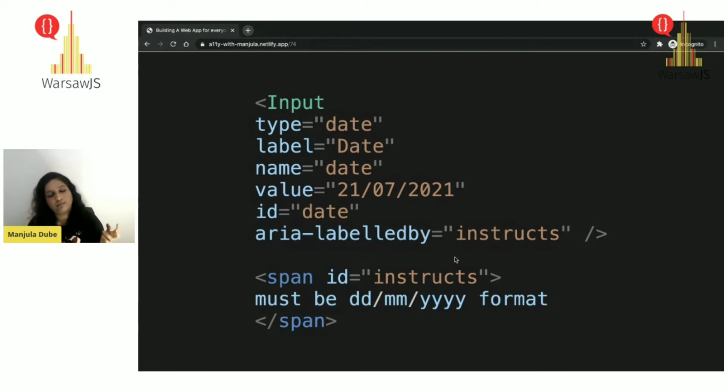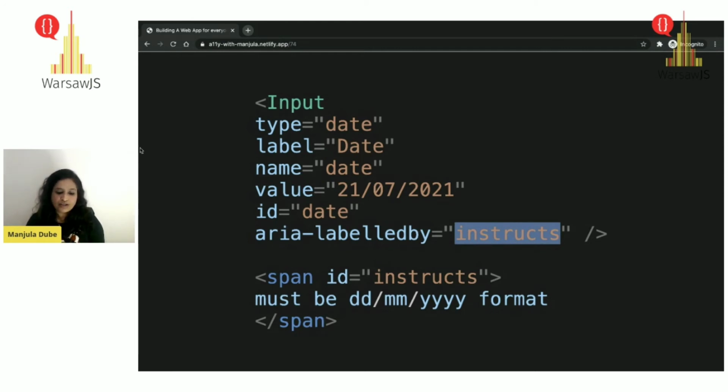You would do that by aria-labelledby, which means in the input, you're passing this aria attribute, and you say aria-labelledby instruct, where instruct is your ID, which is like a span. It can take multiple IDs. You can pass multiple IDs to aria-labelledby, and that's how it works.